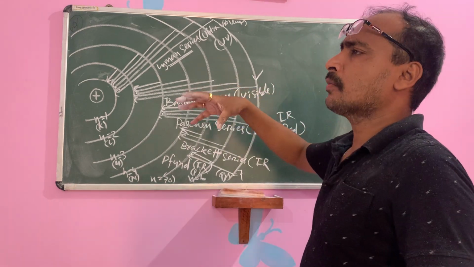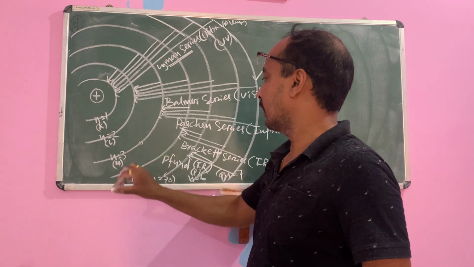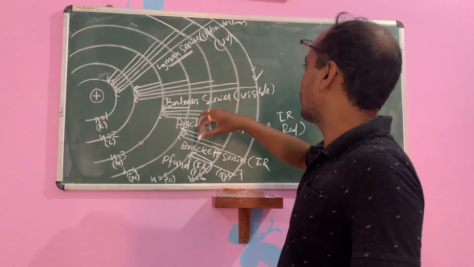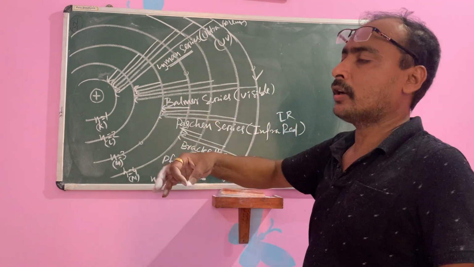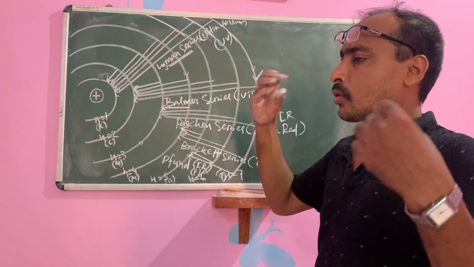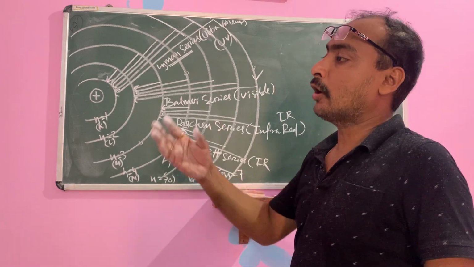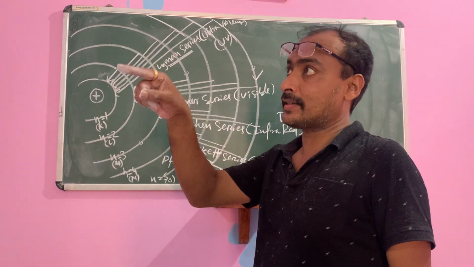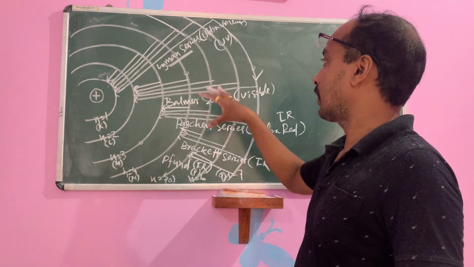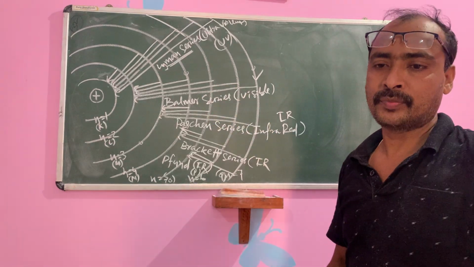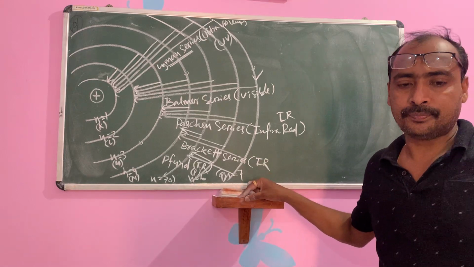So many hydrogen atoms: for one hydrogen atom, the electron is at n3. For another hydrogen atom, the electron is here. For another, here. For another, the same. So crores of excited hydrogen atoms are returning their electrons from higher excited state to lower state, children, by emitting radiation. So this type of series will form. These are known as the line spectra of hydrogen.